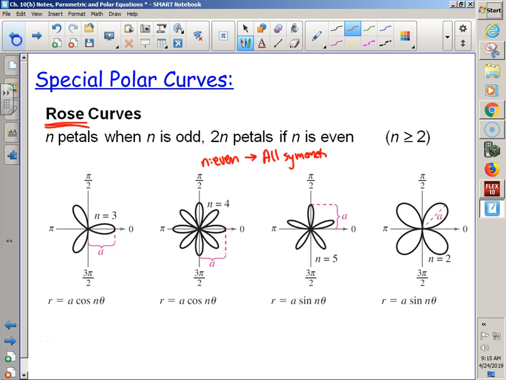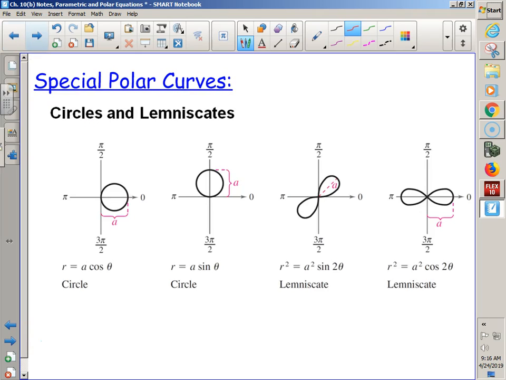Oh man, I can't spell symmetries. Okay. If n is even, all symmetries, and this guy, n is also even, right? So that's a quick little add-on. If n is even with roses, it's going to have all symmetries. Or you could plug in all your points. They would all work. But the lemniscate,